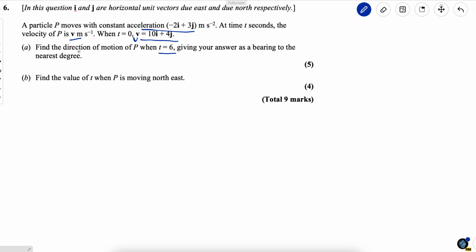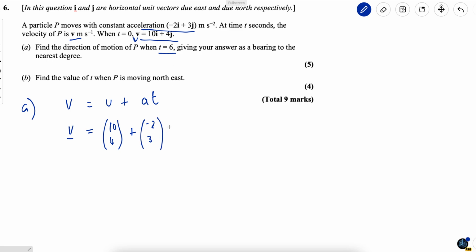So the direction of motion will be governed by the velocity. So we've got v, u, a, and t. I can use v equals u plus at. I prefer to write these as column vectors when I'm calculating. So the vector v is equal to u, which is 10i plus 4j, (10, 4), plus a, (-2, 3),